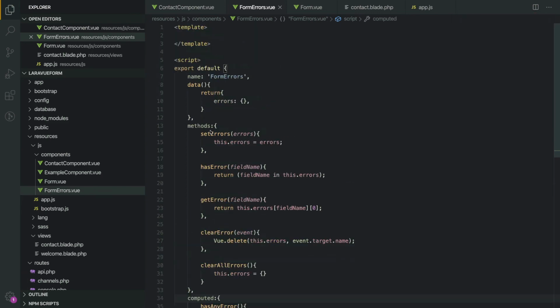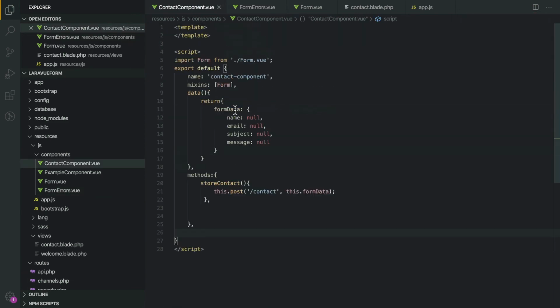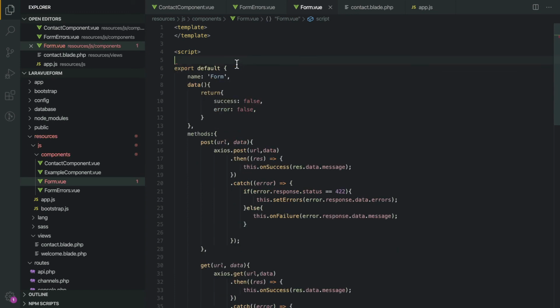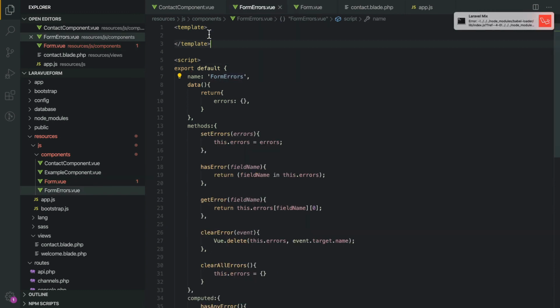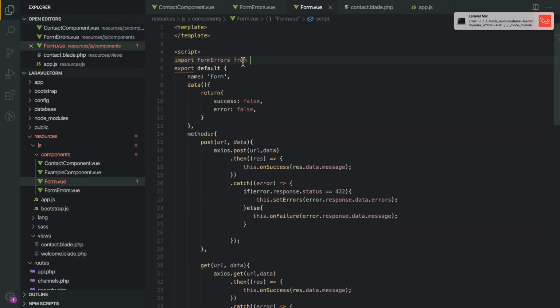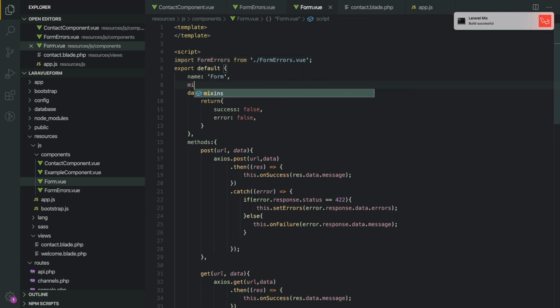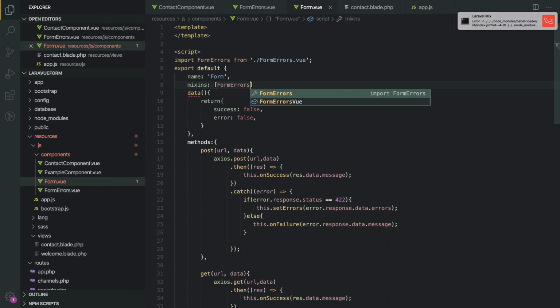Alright, now the form errors, what we can do is import here, or I think it should belong to the form thing. So basically what we are doing is, the form really has the form error, so we will assign it to its own class. Let's import form errors. We'll just copy and paste this. Import form errors from its own class, and alright,